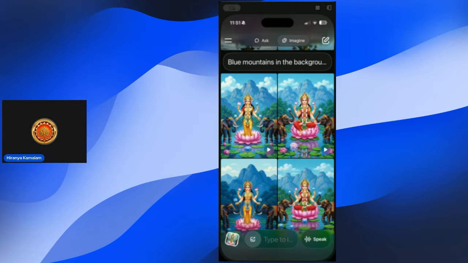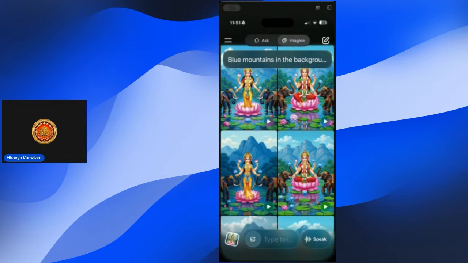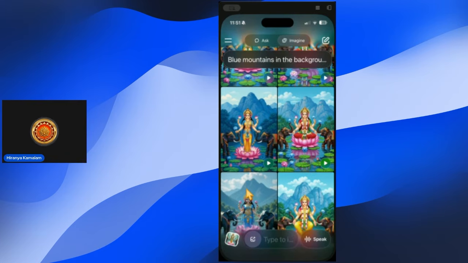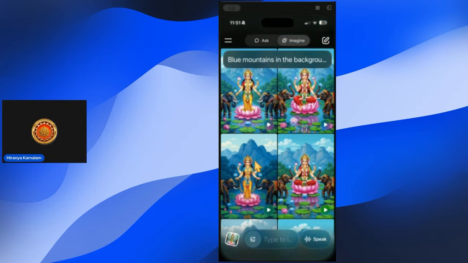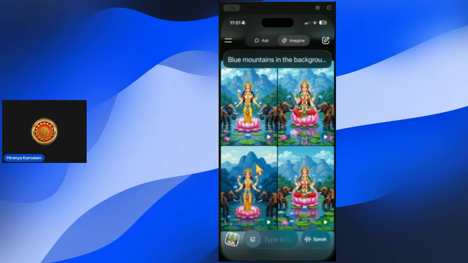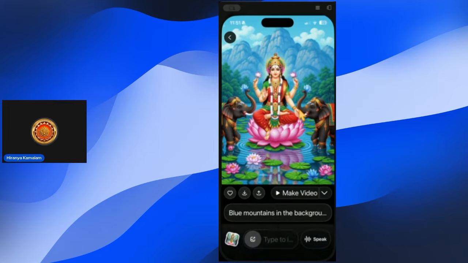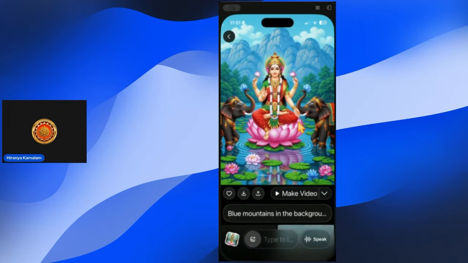Probably that does the magic. It did. The prompt said to make the elephants offer the blue lotuses, not the goddess herself holding them up. What about this? Yeah, it has the South Indian look with all the ornamentation.